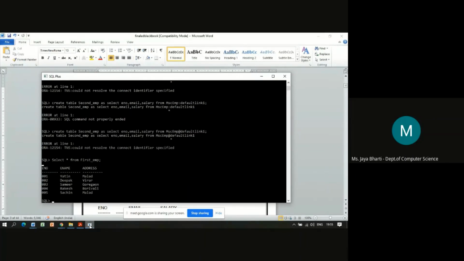So for this, the first underscore EMP fragment is created with the fields employee number, e-name and address. You see that. Now second EMP will also work. I'll just check with that operator why it says could not resolve the connect identifier, for connecting it.